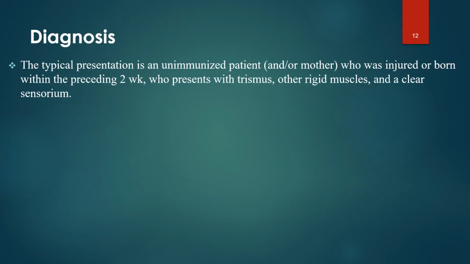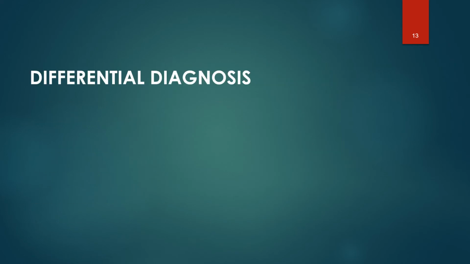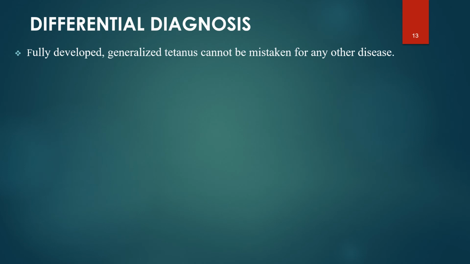When we see the diagnosis of tetanus, the typical presentation is an unimmunized patient who was injured or born within the preceding 2 weeks, who presented with trismus, other rigid muscles, and a clear sensorium. Routine laboratory studies are usually normal, and peripheral leukocytosis may occur if there is secondary bacterial infection, or it might be due to stress-induced leukocytosis. And the cerebrospinal fluid is usually normal. When we see some differential diagnosis for tetanus, fully developed generalized tetanus cannot be